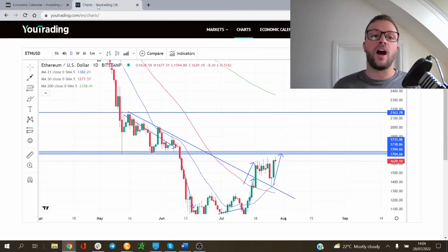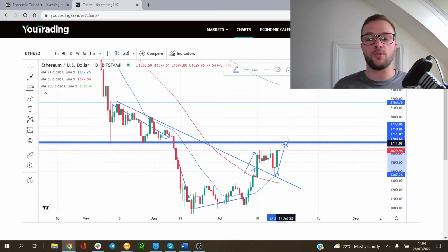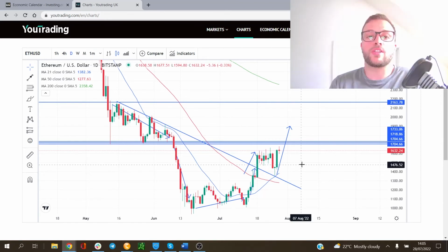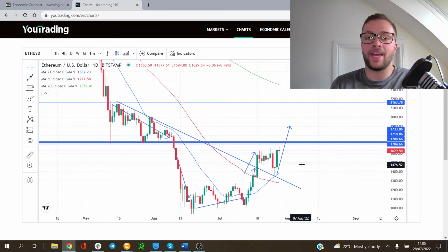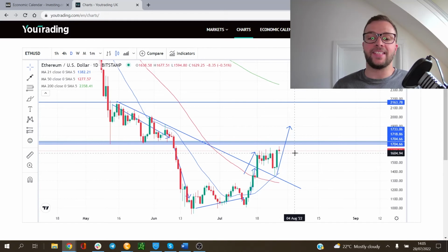Now, I think that's bullish. Why do I think that's bullish? And why do I think that's going to help Ethereum push above this 1700 resistance in the next couple of days, potentially? Because this bad economic data is basically going to result in the market reducing their Fed tightening bets even more. Okay, that was what mainly supported crypto yesterday on Wednesday,